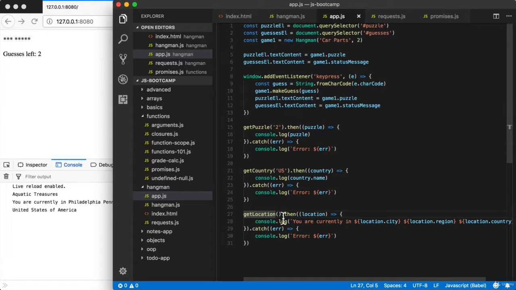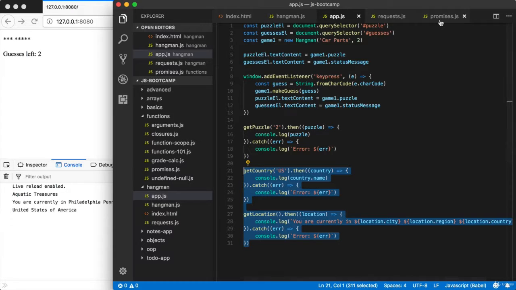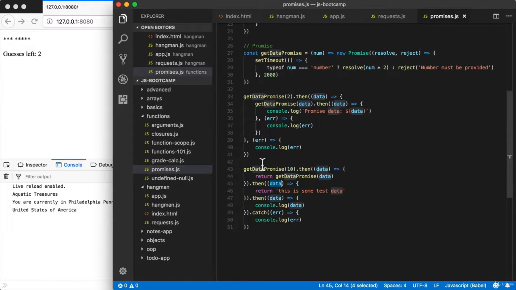We make one asynchronous request getting the country code. We use that country code to make another asynchronous request, and then we get the full country name. Now, if you forget how to change this code in order to set up promise chaining, just refer to the promise chain example that we set up in promises.js. Down below, we started by making a promise request for some piece of information. We then passed that information to another promise, and then down below that, we were able to do something with the final